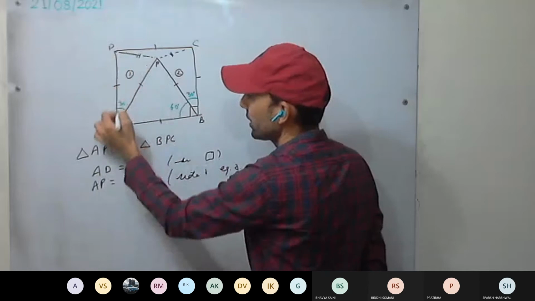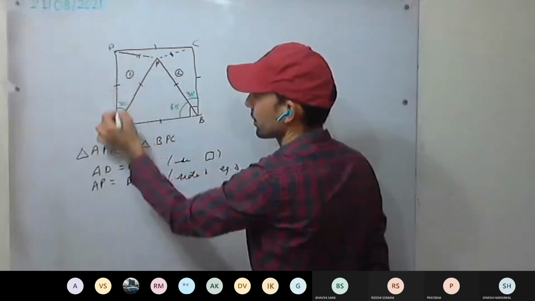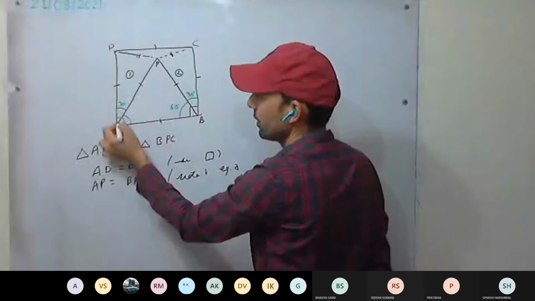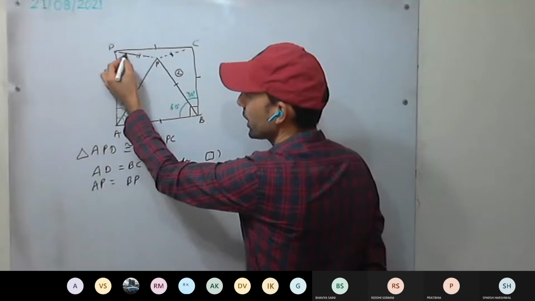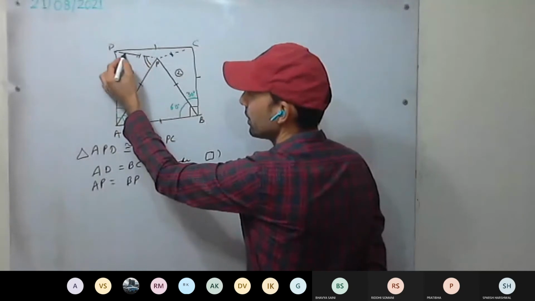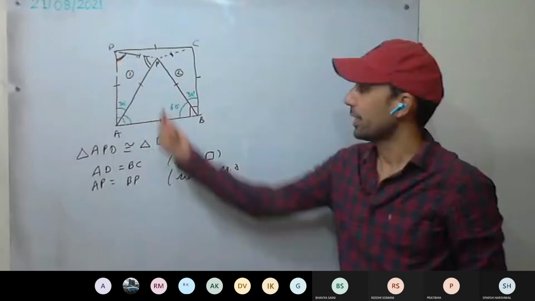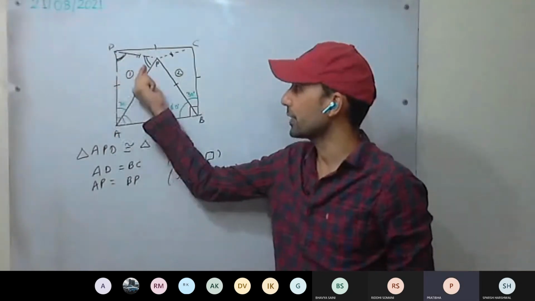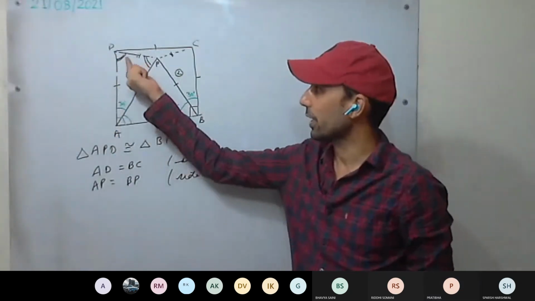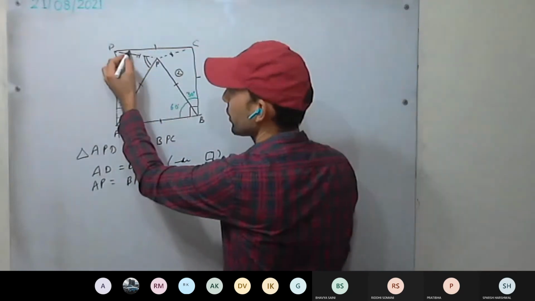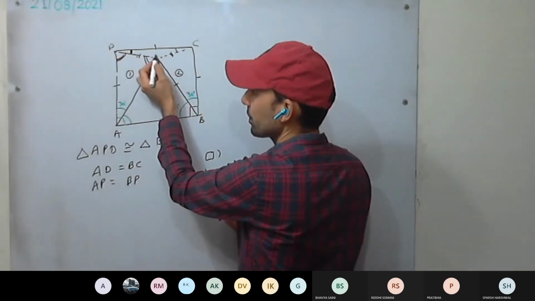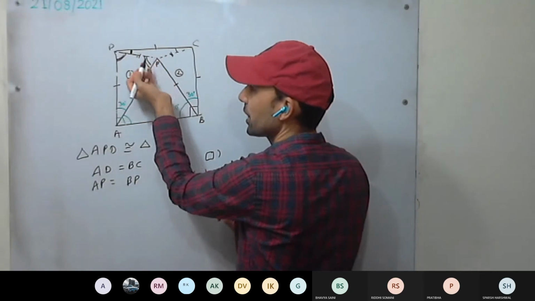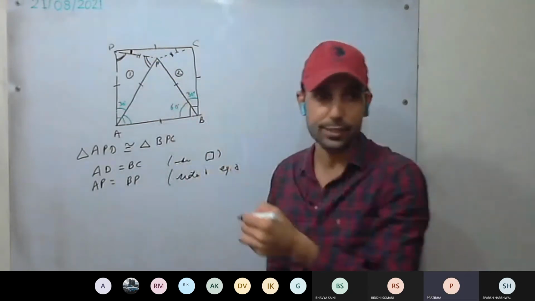See here, what kind of triangle is this? Equilateral triangle or not equilateral? Isosceles triangle. These two sides are equal. If this is 30, these two angles you can easily calculate. It's an isosceles triangle. Angles opposite to the equal sides are equal. If you calculate this angle, you can get this angle: 90 minus this angle. This angle will be equal to this one. Now the remaining angle you can calculate. 180 degrees is the sum of all three angles.